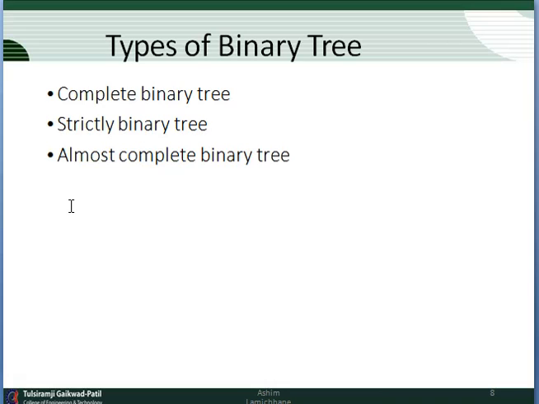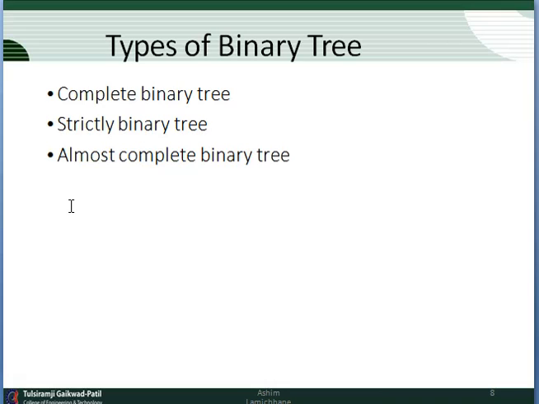Binary trees are again divided into various types as well. They are complete binary tree, strictly binary tree, almost complete binary tree, etc. There are various operations that we can perform on this binary tree as well. That means we can determine the height of the tree. We can insert and delete any element from the tree. We can also traverse the binary tree using various traversal techniques. In the next video I am going to explain various traversal techniques in the binary tree. They are in-order, pre-order, and post-order. So we'll discuss that also.